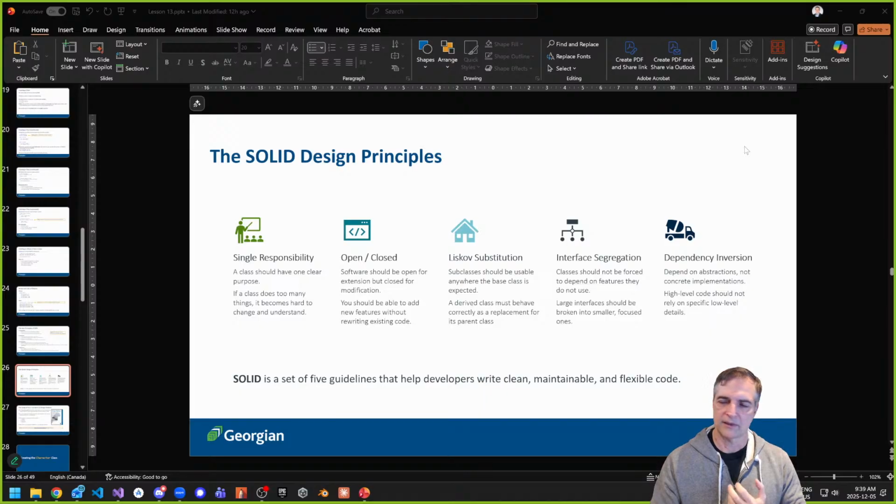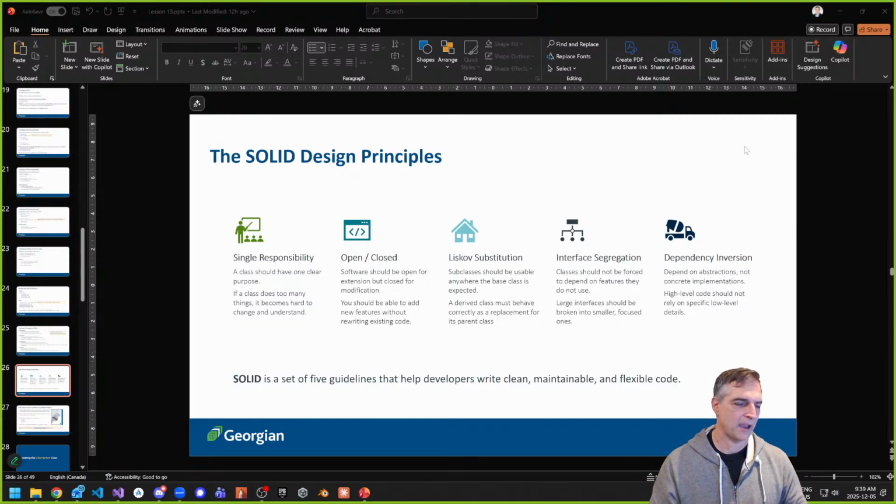One thing it says is that every class or method should only do one thing, right? If it does more than one thing, or if it represents more than one thing, maybe you need to break that thing up into smaller pieces. Okay. There's other things that we talk about here as well. Like, for example, the open-closed principle: software should be open for extension, but closed for modification.